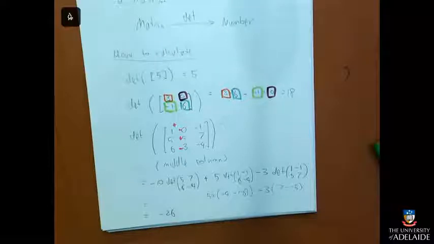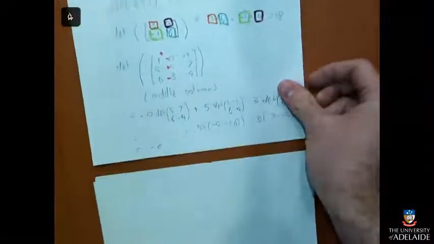Okay, and if I had a 4 by 4 matrix, then I would need to turn that into 3 by 3 matrices, and then each of those 3 by 3s I would need to turn into 2 by 2s until I got there. So it just takes this long process. There is a way of doing it directly, which is sort of fun. And I just think I want to mention it.